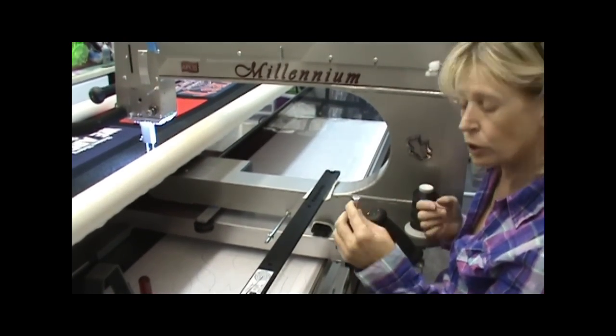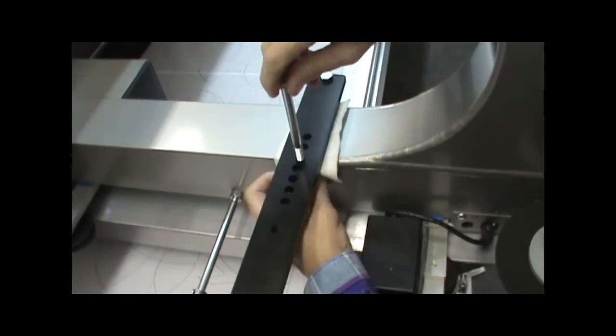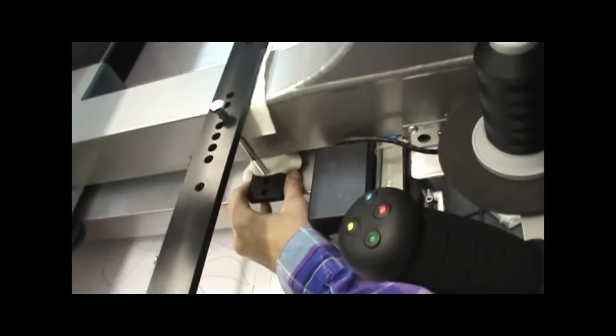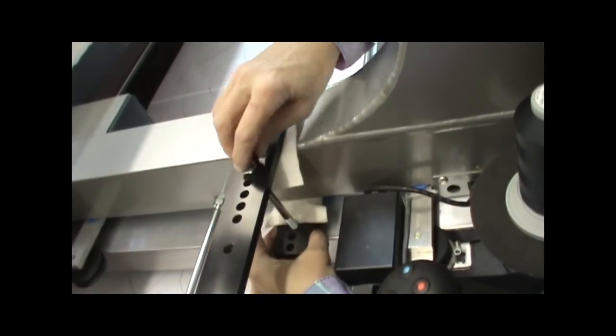But we have included the two most common ones. So now I want to take that bolt, and I want to go down, scoot this over as far as it will go, this bolt, so it's up against my machine. And then I'm going to take the bolt,